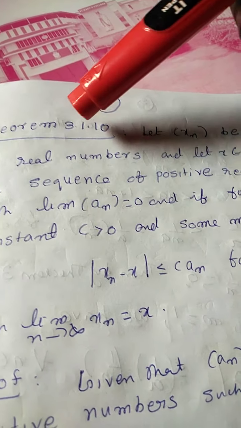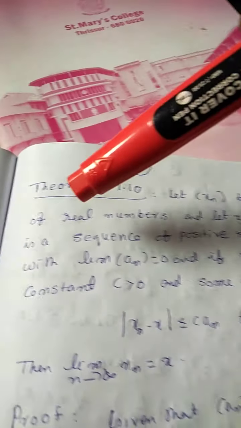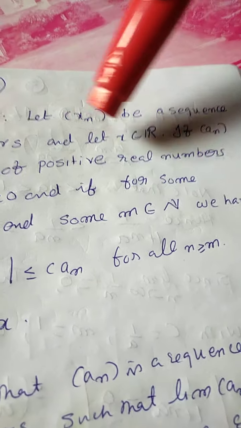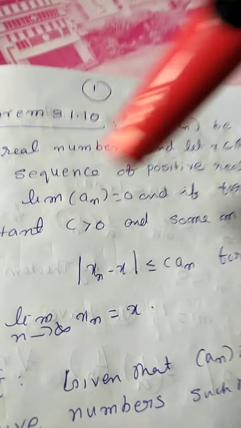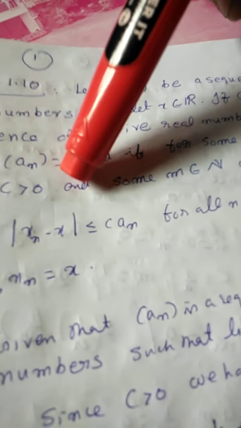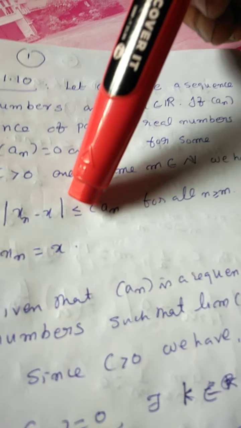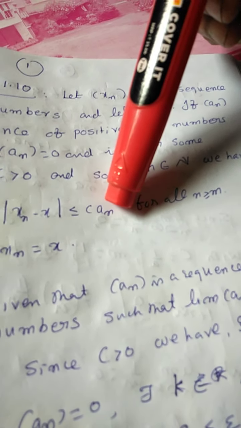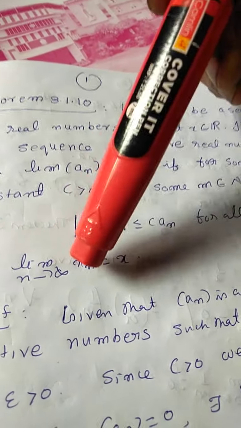Now let us see a theorem. Let xn be a sequence of real numbers and let x belong to R. If an is a sequence of positive real numbers with the limit of an equal to 0, and if for some constant c greater than 0 and for some m belong to N, modulus of xn minus x is less than or equal to c an for all n greater than or equal to m, then limit n tending to infinity